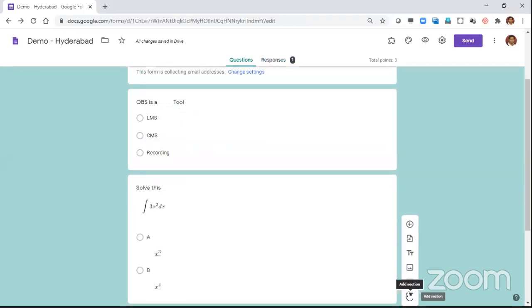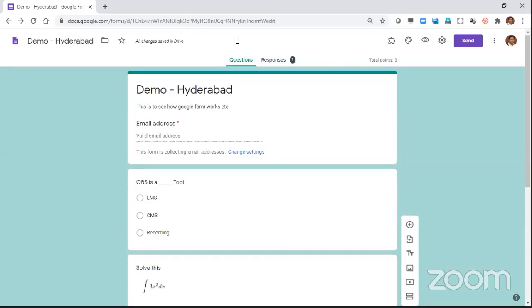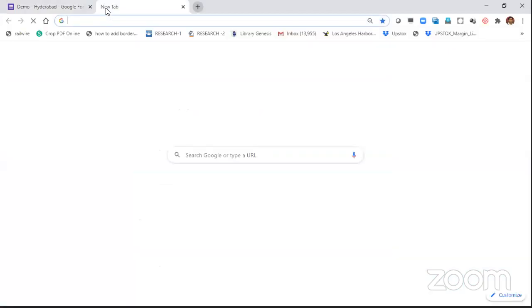So here, for example, add section. So this is the first section, then you can add a second section. Once you complete the first section, you can move on to the second section. Like that, you can add. Okay. So this is about Google Forms. Now, I just realized that yesterday and the day before, there are so many math lovers. One more thing I'll just show you: how to incorporate equations, once again, either in Google Docs, Google Spreadsheets, or Google Forms, what we have seen just now.